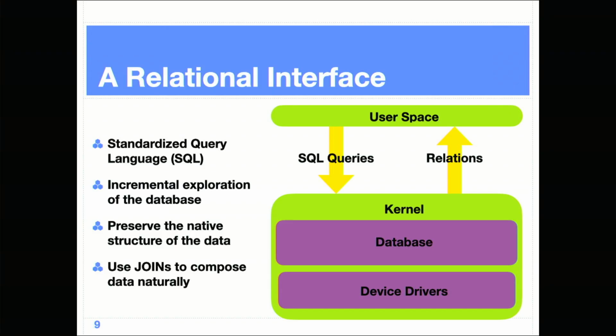It has some other nice side effects. One is we can preserve the native structure of the data. So instead of taking a bunch of integers and reals and other things from the kernel and then splatting them out at you in text and then going, oh, well, I'm going to grep through that, we actually preserve the native structure of the data. And again, the most powerful bit is this thing where we can join.